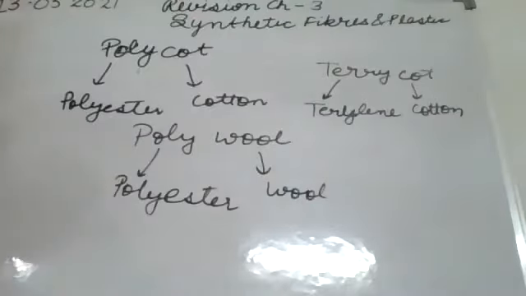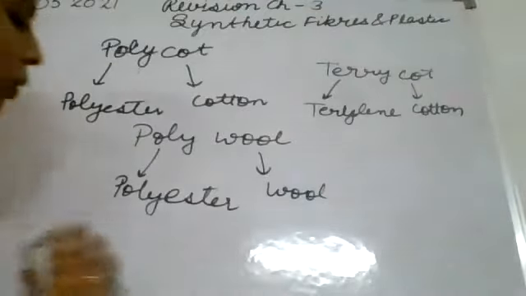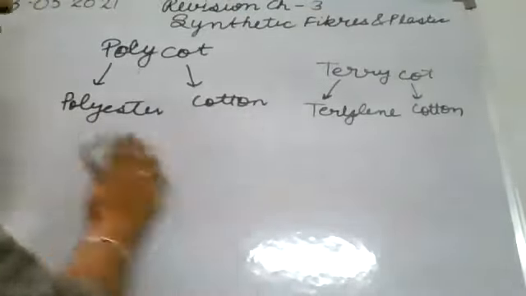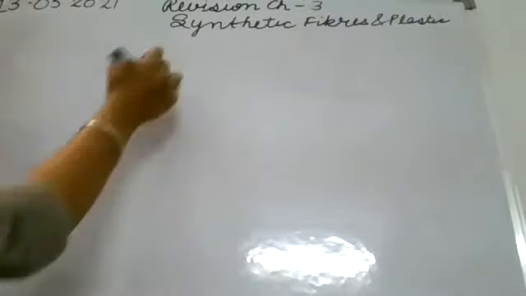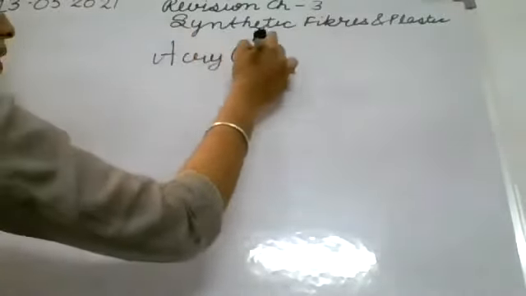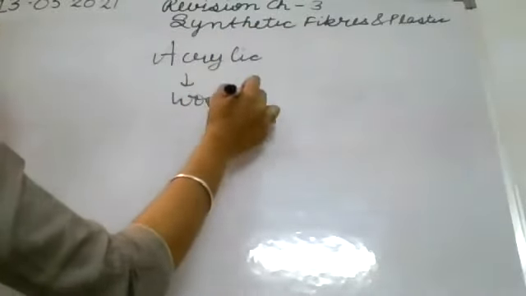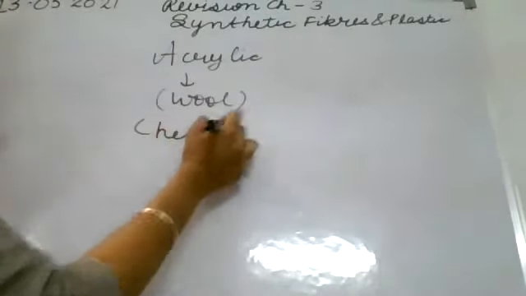acrylic. So acrylic has similar properties to wool. As wool cannot be colored easily and is not available in so many colors, acrylic is used. It is available in different colors. We can dye it also. The natural wool is available in only black, brown and white color. So acrylic, its properties are similar to that of wool, and it is cheaper than wool. Clear? And it can be dyed into different colors also.